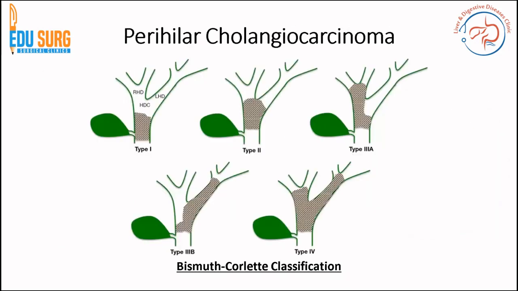So to come back to classification of perihilar cholangiocarcinoma, this was the original classification given by Bismuth and Corlette. And as you can see, our patient fell in the type 3B category, where the hilar block extends onto the left hepatic duct. But the fallacy of this classification is that it only considers the bile duct involvement. And the chances of a patient coming in for surgery do not depend solely on the bile duct involvement. There are various other factors that must be considered.